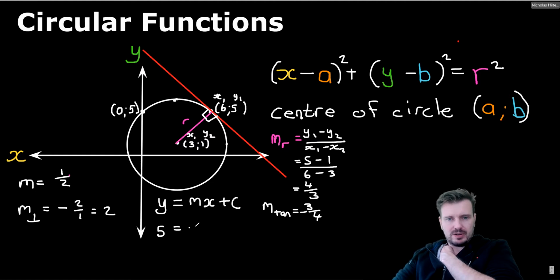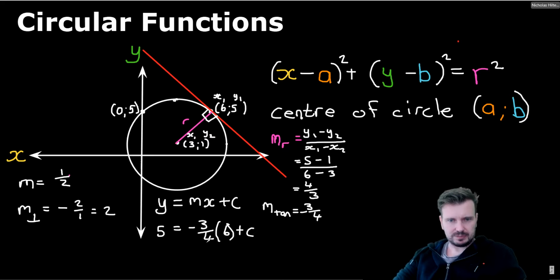The m we now know is negative 3/4, and the x is 6 plus c. So 5 equals negative 18/4, which we can just say is negative 4.5